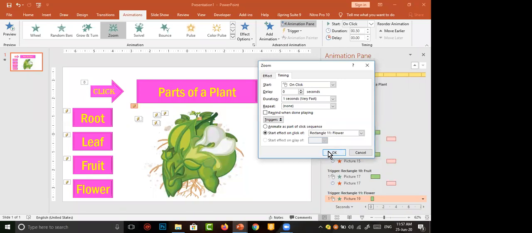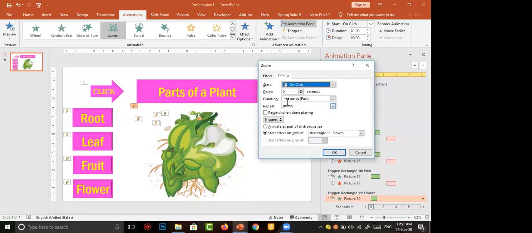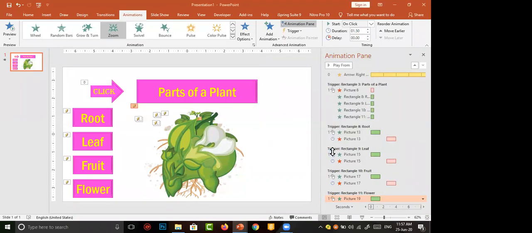Then click on OK. In previous animations, I have applied 1.5 seconds. So move to timing, change it to 1.5 seconds. Okay, that's all. Then the final one is that the picture should disappear.